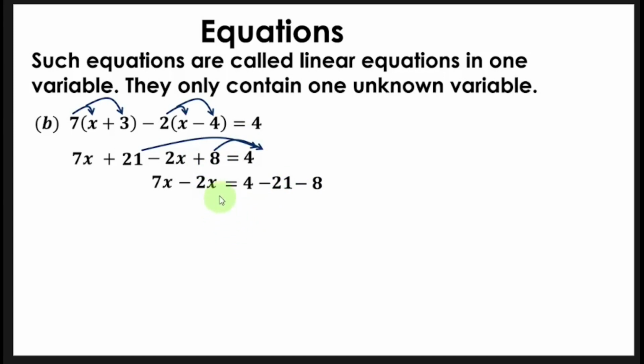Then from here, what we are going to do is now to add or subtract these because they are like terms. So here we'll say 7x minus 2x. Imagine you have 7 x's, 1, 2, 3, 4, 5, 6, 7. Then you have also 2 x's. So you say 7x minus 2x, you remain with what? 5x equals. So here it is as good as saying 4 minus 21 minus 8, which will give you negative